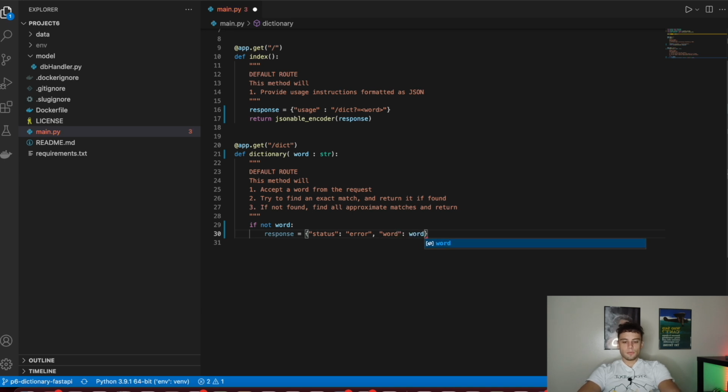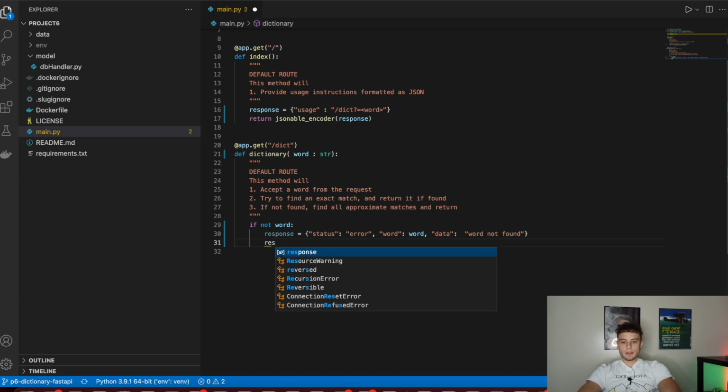And then the word will be word. So it will display the word that we were trying to add. And then it will show data, and the information for the data, since there is no data for that word, will be word not found. You can choose any other sentence that you would understand, but this is the one that I think it's the most descriptive. So let's do here return,